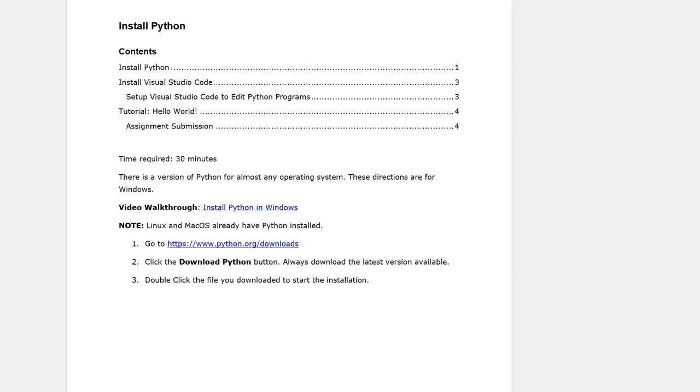Hello everybody. Let's install Python, Visual Studio Code, and write our first little program. Hello World, the traditional program that everybody writes when they're starting out a new programming language. So let's go to